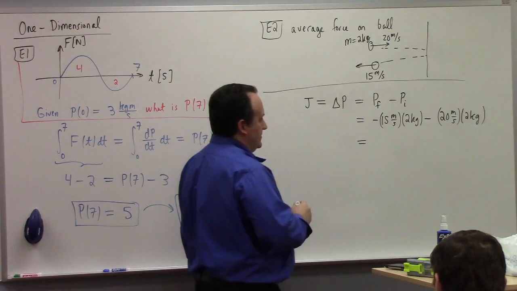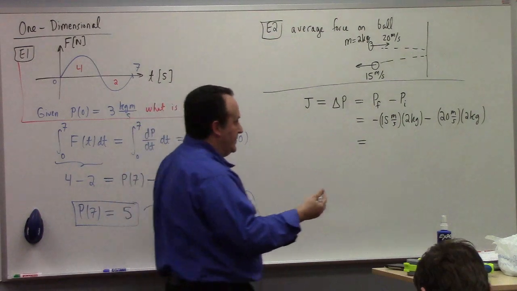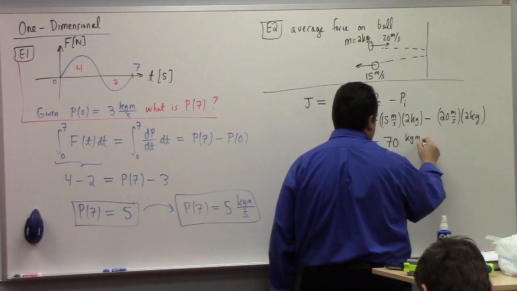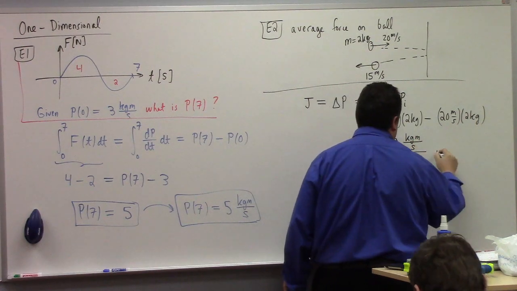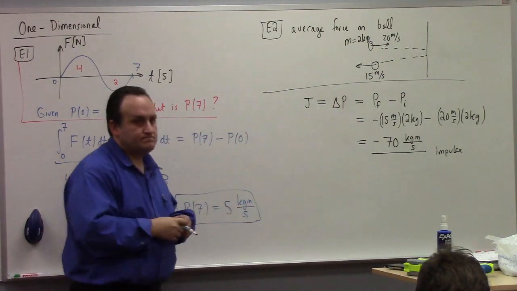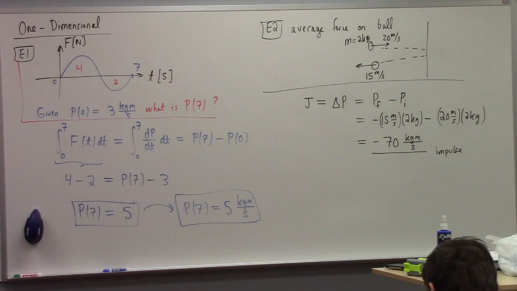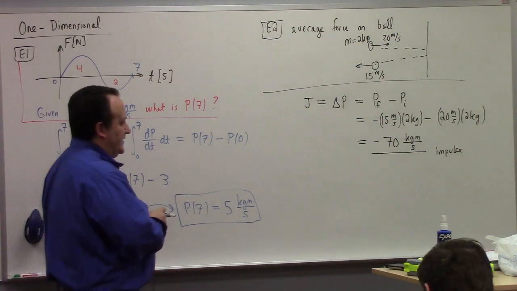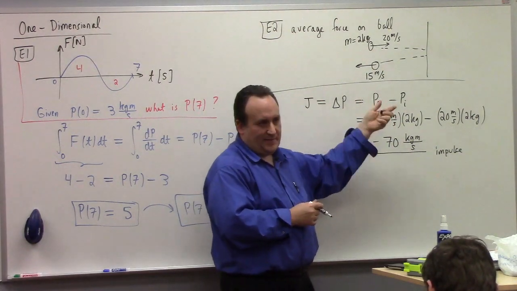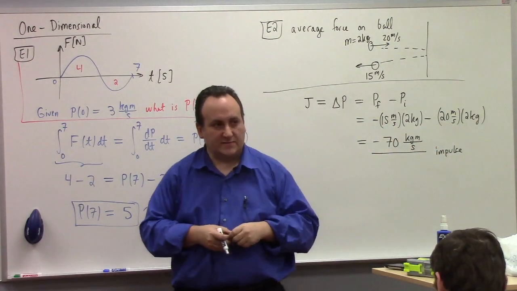So what's the impulse here? You've got 30, you've got 40, so minus 70 kilogram meters per second. Now, does the sign make sense to you? Why is it negative? The impulse over the rebound of the ball. Yeah? Right, it's going in the direction away from where it was started. That's a good answer. So it's because I'm counting left as negative here and right as positive, right? So the change in the momentum is to the left, which is why the impulse is negative.